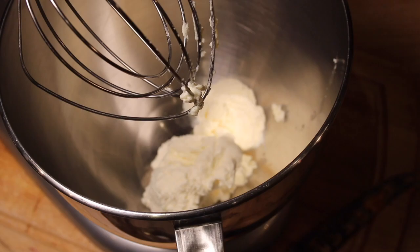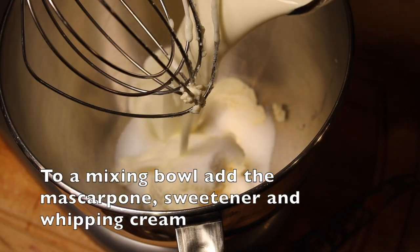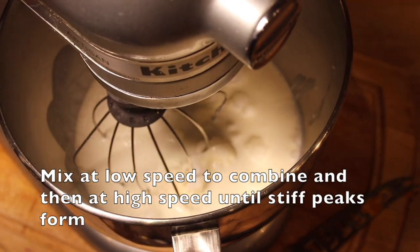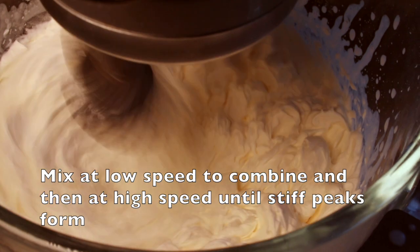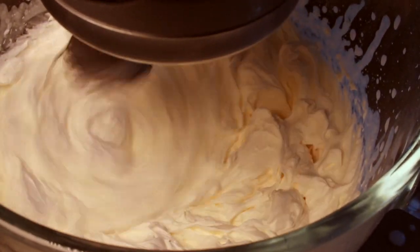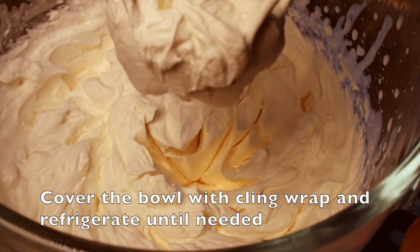In the meanwhile, let's make the frosting. In a mixing bowl, add the mascarpone and the sweetener, add the whipping cream and mix at low speed for about 30 seconds until the liquid is smooth and lump-free. Then increase the mixer speed to high and whip until stiff peaks form. When you're done, cover the bowl with cling wrap and put the bowl into the refrigerator until you are ready